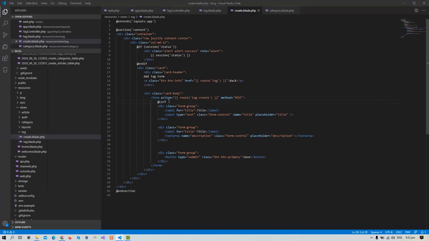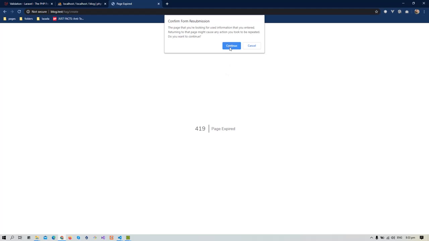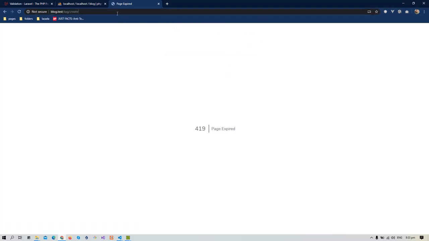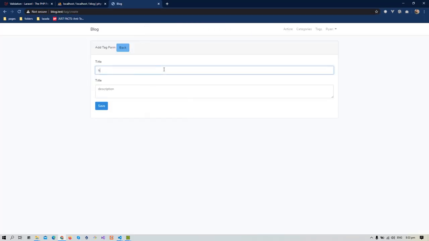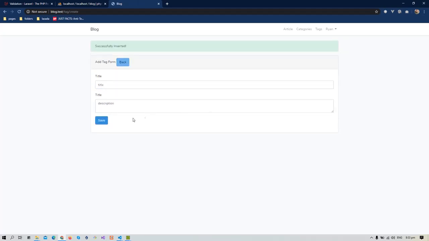It should be CSRF. Let's try again. Title 1, description 1. Save. As you can see, it was saved, successfully inserted,